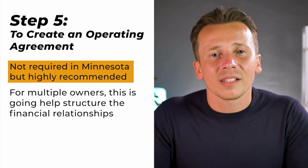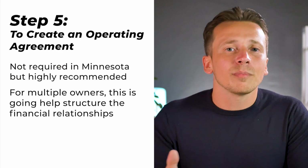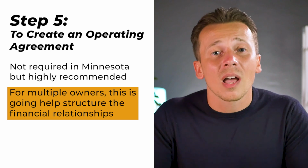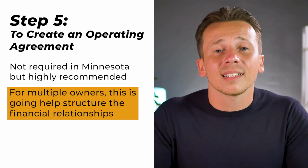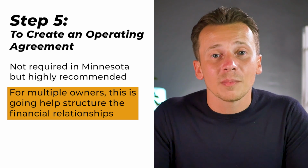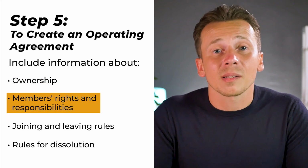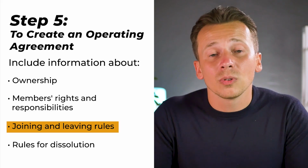This is not required in Minnesota, but it's still good to have one. If you have multiple owners for your LLC, this is going to help you structure the financial relationships of each owner. And it's really going to tell everyone what to expect from the company. It's also going to include information about ownership, members' rights and responsibilities, joining and leaving rules, as well as rules